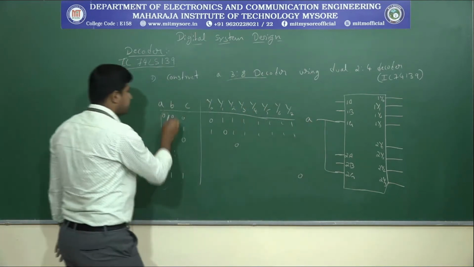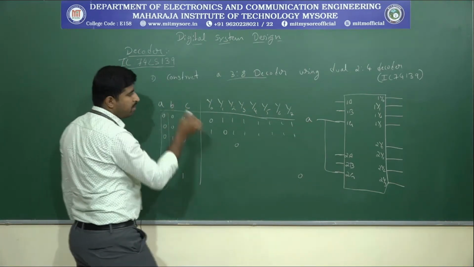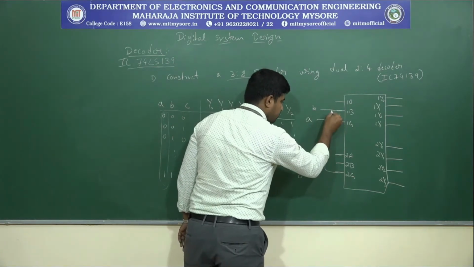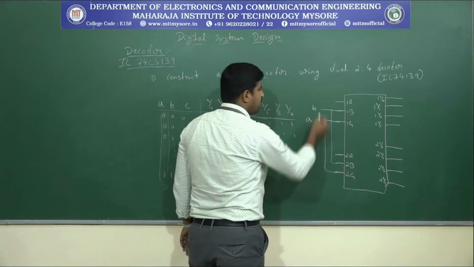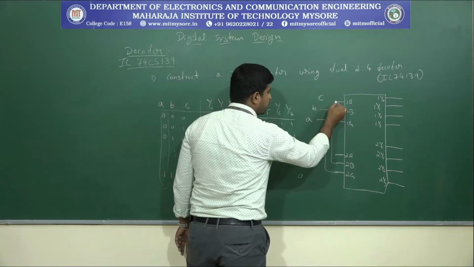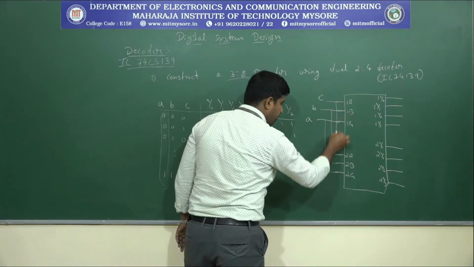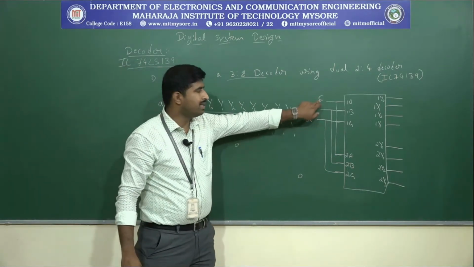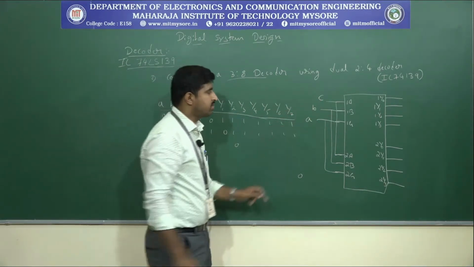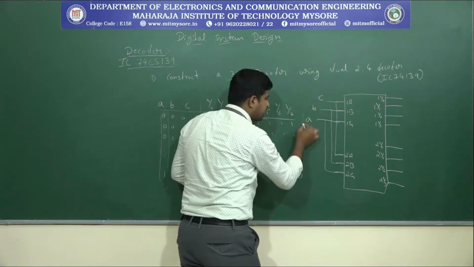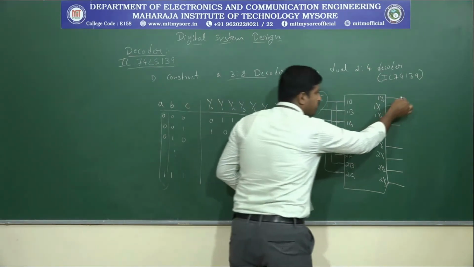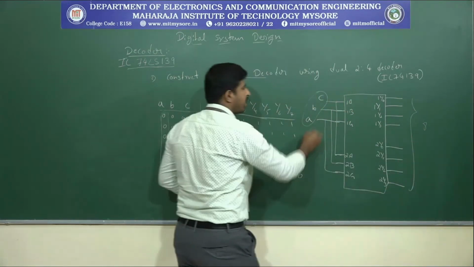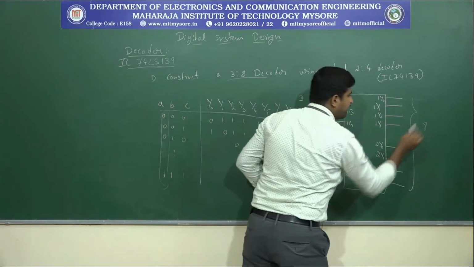Next, in the B and C, B will be connected to the B. So 1B and 2B will be shorted together, and the C will be connected to the 1A and 2A, which will be shorted together. Okay, so this was A, B, C, and this is constructed as a 3 input, and this is 4 input, and 4 and 2 input together will be the 8. So this is how we are going to act as a 3:8 decoder.